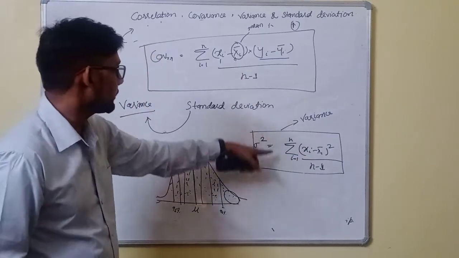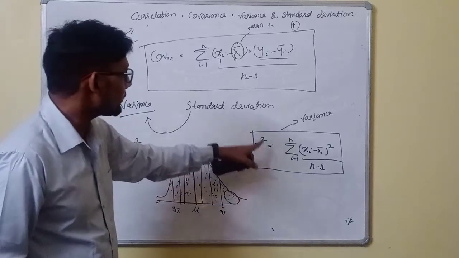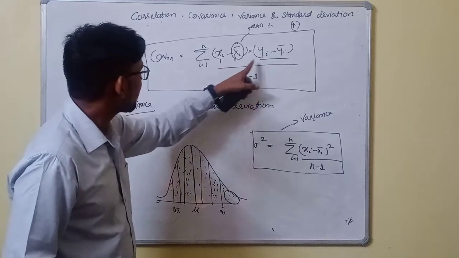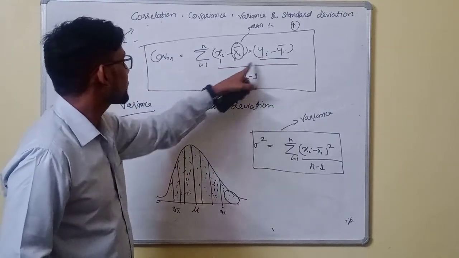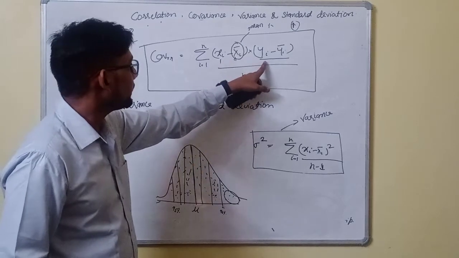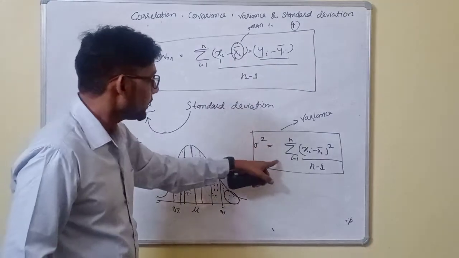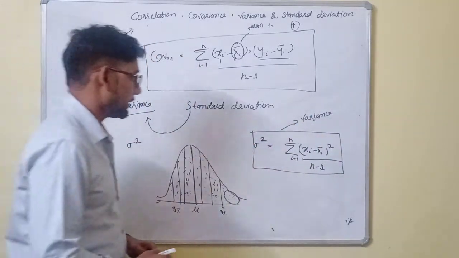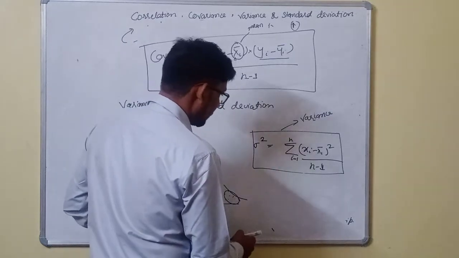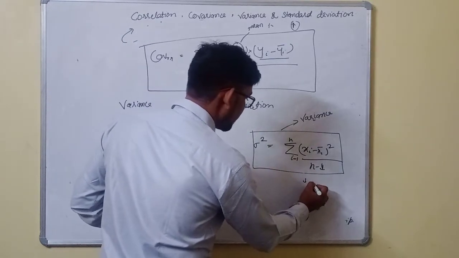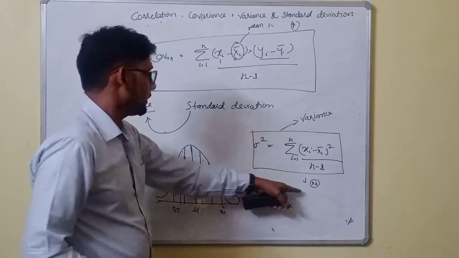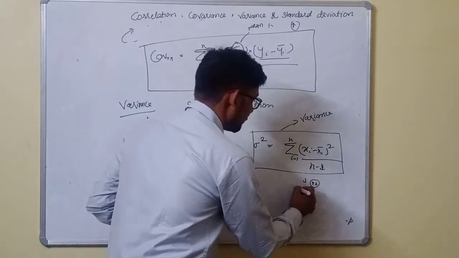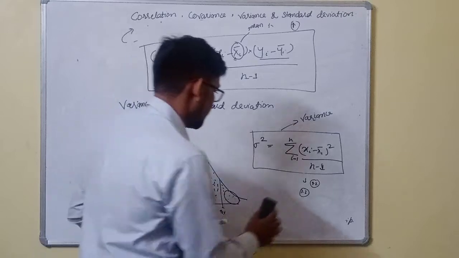What is the difference between this and covariance? In covariance we are trying to find the differences of the points from the mean together, so we are including both the x and y variables. Here we are measuring the variance of individual variables, individual features, right? So suppose the value we got is 3.2, we can say that the variance is 3.2, right?